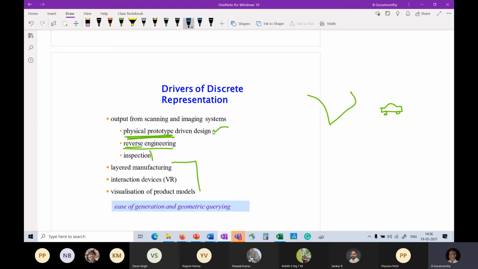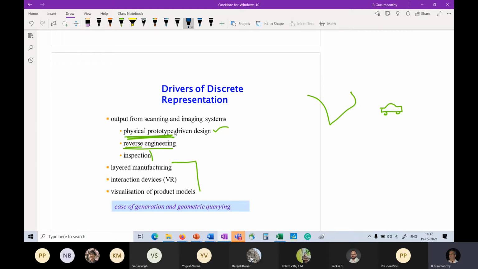They will try and work with model makers and create a scaled model. So there will be a sketch given to a model maker, and the model maker will then use some soft pliable material and mold it to the shape that the designer wants. And once that is approved by the designer and the management, then you convert that into a CAD model.